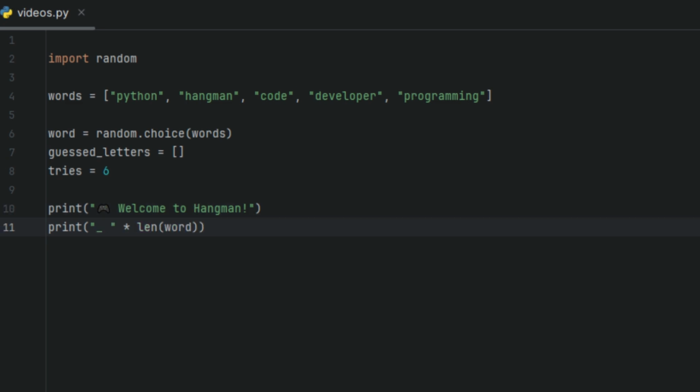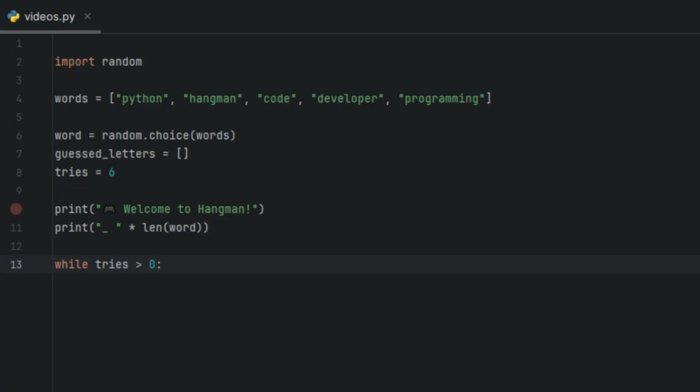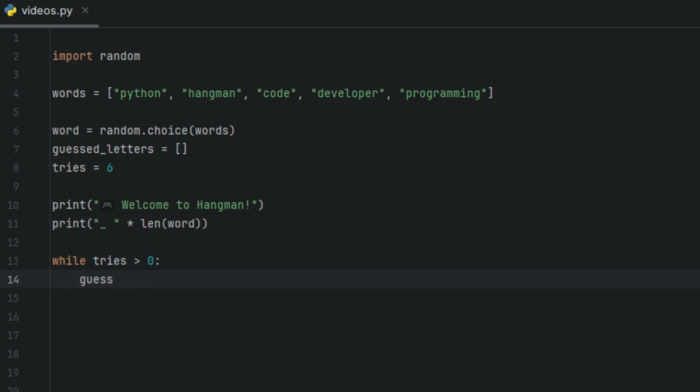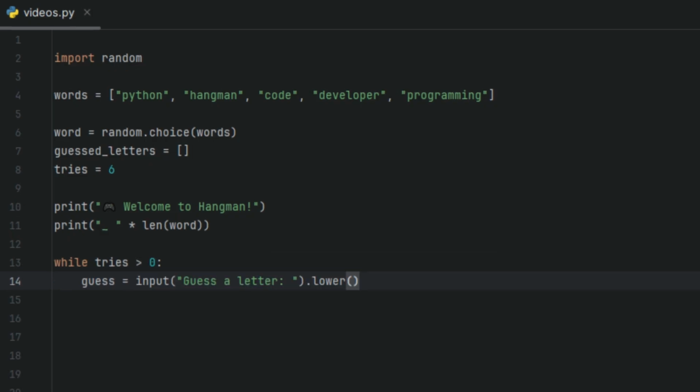Now we're going to create the main game loop. We're going to start off by saying while tries is greater than 0. So as long as the player has more than 0 tries, we're going to have a variable called guess, and we're going to prompt the user to guess a letter. And we're going to convert that to lowercase because the words in our list are in lowercase. So as long as the user has more than 0 tries, we're going to keep asking the user to guess